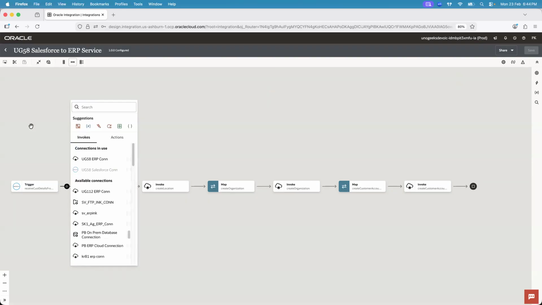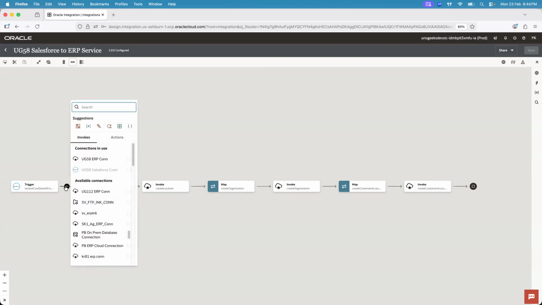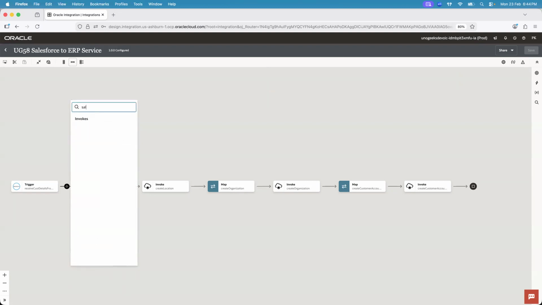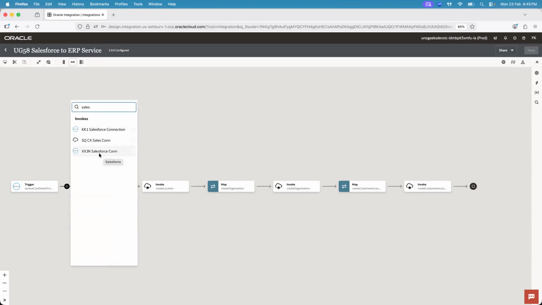Now, when you create an integration for the first time, you see a blank screen, and I will be clicking on a plus icon, and I will be using a Salesforce connection first. I will be configuring it as a trigger node. In any integration that you build, guys, the first node that you have is called a trigger. And since the Salesforce application is going to trigger my integration, I have to use a Salesforce connection as a trigger. So you search for a Salesforce connection, and you will be configuring it as a trigger node to receive the